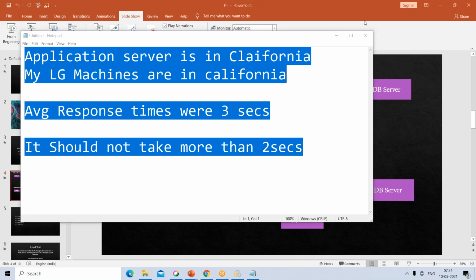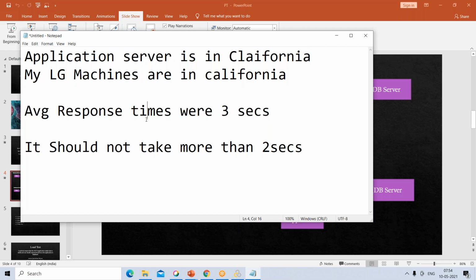Some projects will use them and some will not, because most of the network latency tools are freeware. And all major MNCs, or banking and financial companies, won't use free tools, considering data security. In that case, I have to test like this. Whatever load generator machines the company or project configures for us, they will definitely have some set of load generator machines in their data centers, in the locations where their data centers are residing.